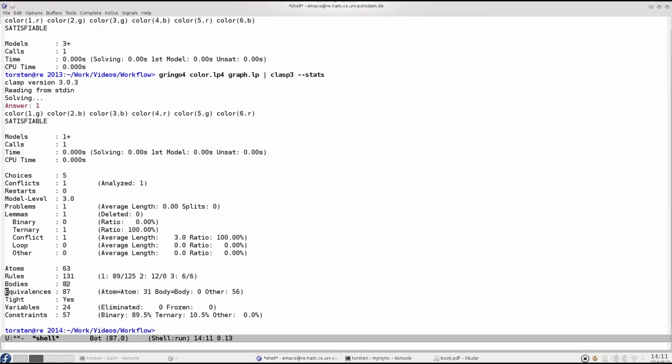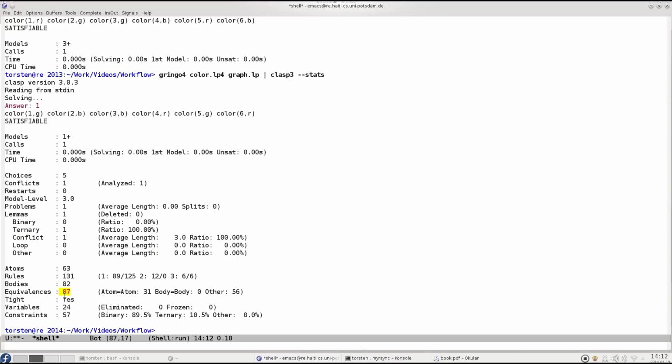Then we learn a little bit more about how the workflow actually works in more detail. There's some pre-processing going on, equivalence pre-processing. Here in this easy case, already 87 equivalences were detected, 31 among atoms or negations of atoms, so it may find out that A is equivalent to not B, and hence remove, for instance, B from the solving process and replace it with not A at its position. Then there were no equivalences between bodies, and other equivalences, perhaps between atoms and bodies, or other artificial variables that appeared. Anyway, 87 equivalences is not so bad